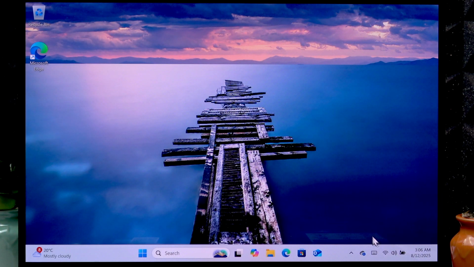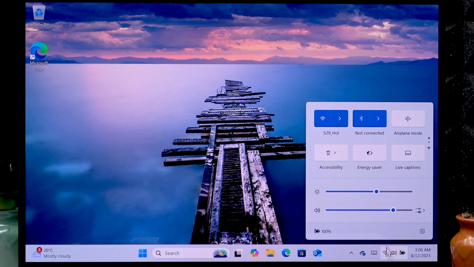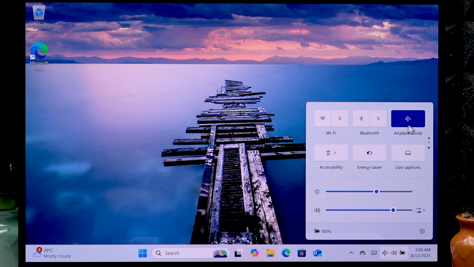So the first way is to toggle your Wi-Fi connection. You can do this by clicking the three icons you can see in the bottom right corner of the screen on the status bar. Then you can toggle your Wi-Fi by clicking this icon to make it turn white, and then click it again to make it turn blue and see if it helps you. Alternatively, you can just enable and disable the airplane mode right here